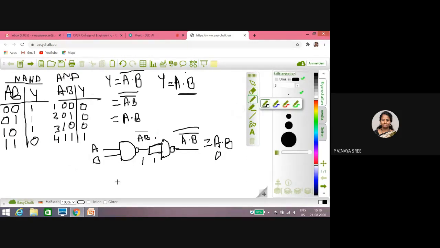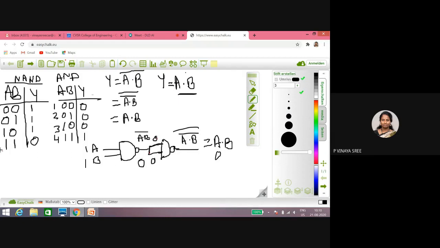So you should not, in your notes for your exam, trace in the same diagram. You have to draw four times, for case 1, case 2, case 3 and case 4. Now, 1 1. If it is 1 1, see what you are getting if you are passing 1 1 to the NAND gate? 0. So erase this and write down as 0. If it is 0, 0 will be passed here and 0 will be passed here.